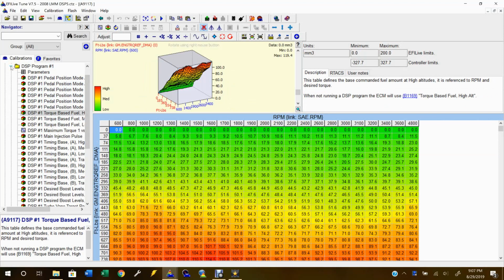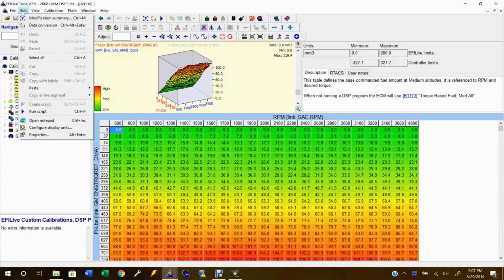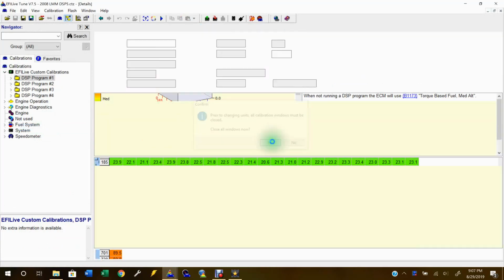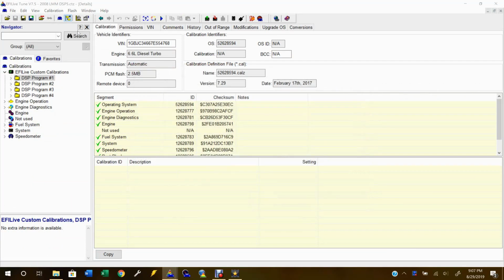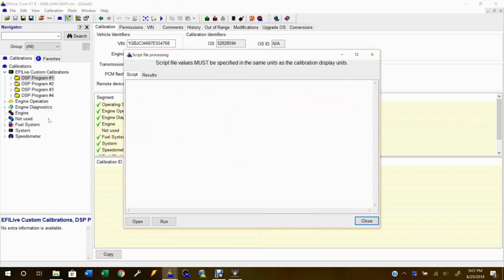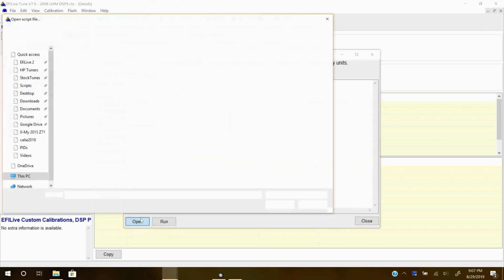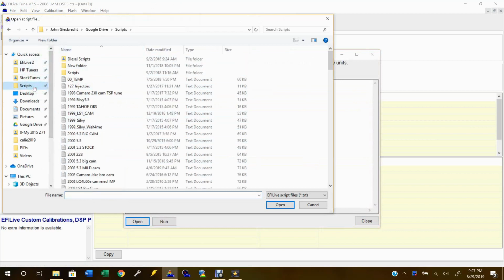However, you might want to make sure, because I think that it's still set to imperial or metric. So we'll go configure display units, and it looks like they are actually set to imperial, but we'll do it all again anyway. And we'll hit OK. And now we're ready to run the DSP-5 script. Edit, run script, open, scripts,